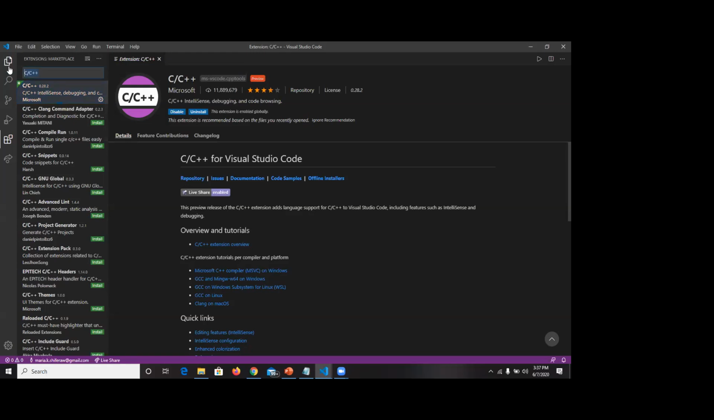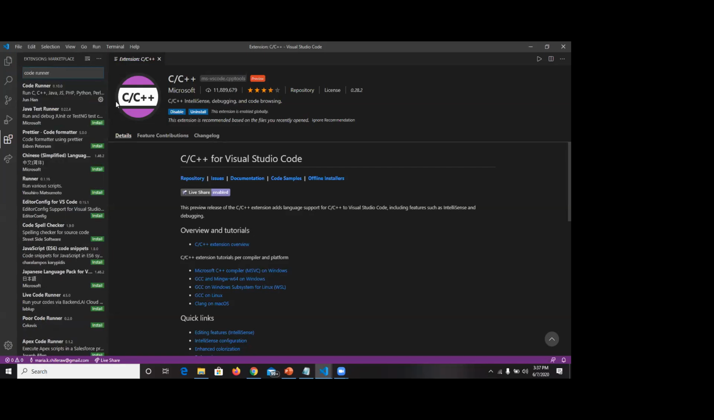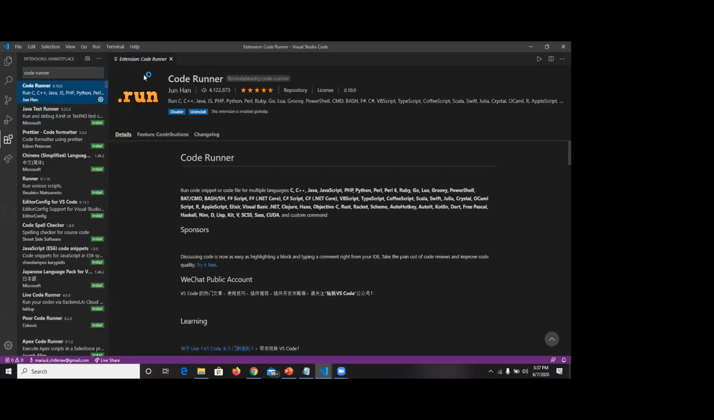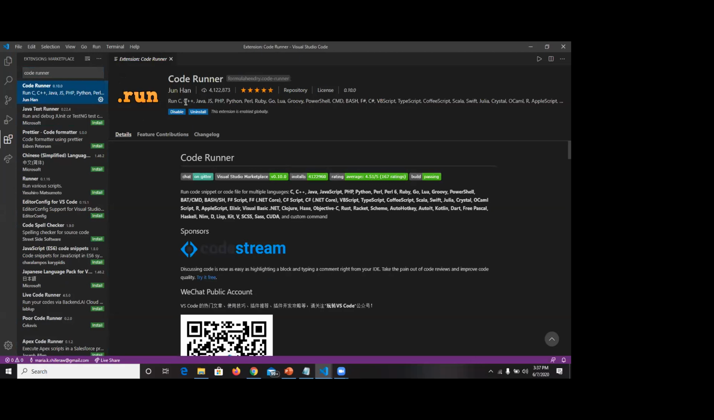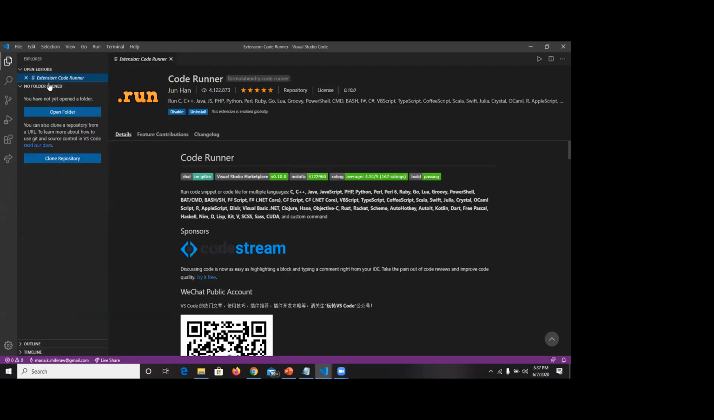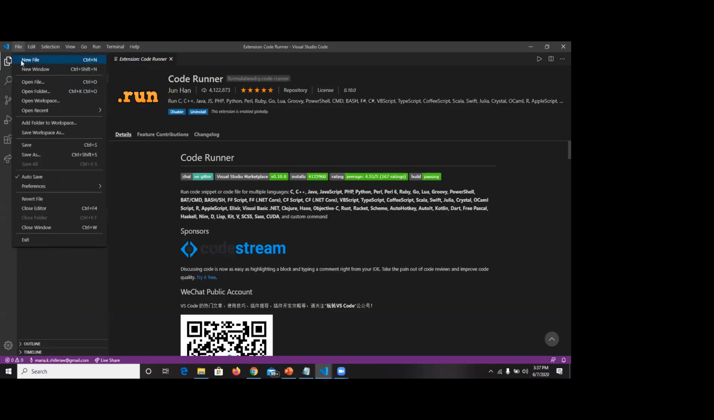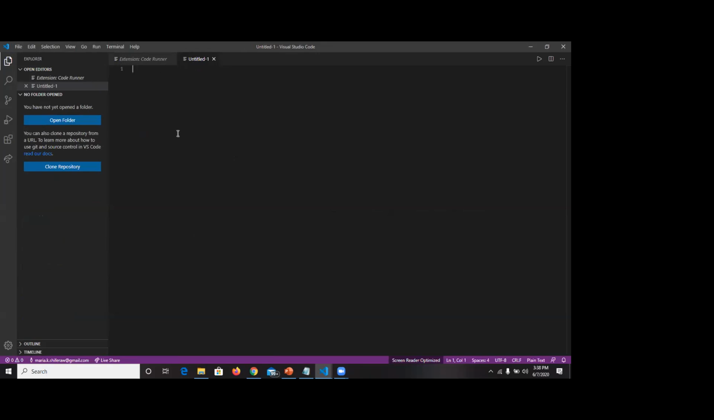And to run the code, you have to have another installation. So you search Code Runner, and you have this first Code Runner, and then you install it. So this will help you run C, C++, Java, and stuff like that. This is the part that will help you run your program so that you can see the output as you did before. Then after that, you just click New File, write your code as we did